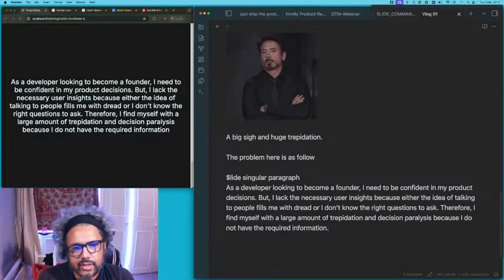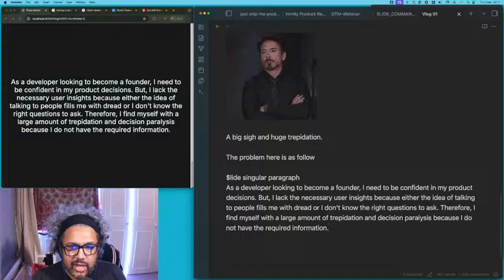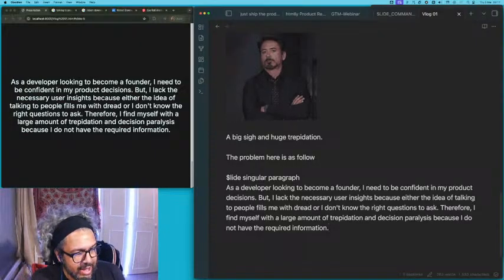I think that's it. As a developer looking to become a founder, I need to be confident in my product decisions, but I lack the necessary user insights because either the idea of talking to people fills me with dread, or I don't know the right questions to ask. Therefore, I find myself with large amounts of trepidation and decision paralysis because I do not have the required information. I end up